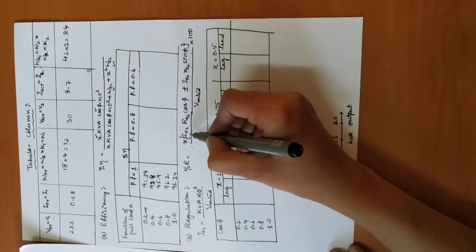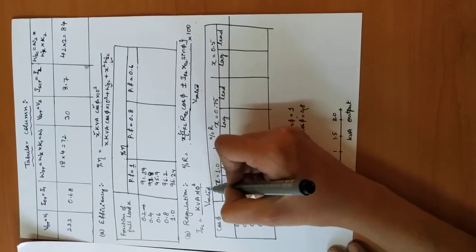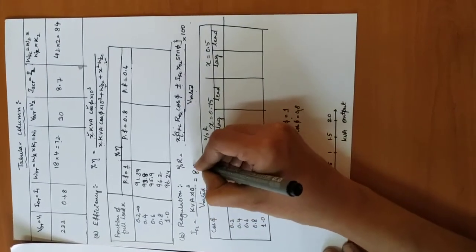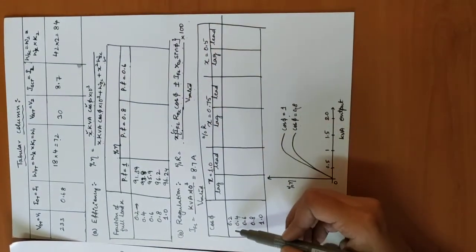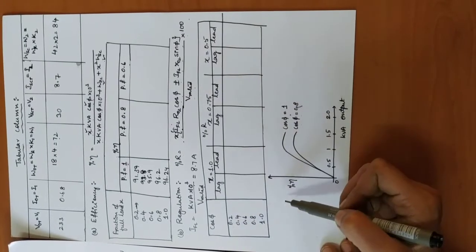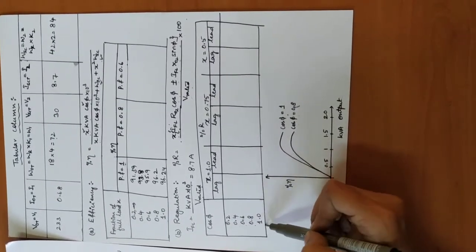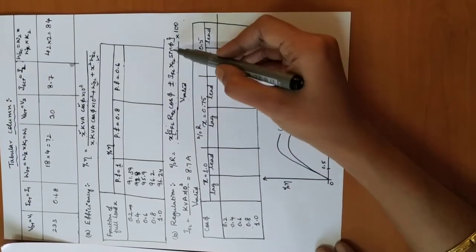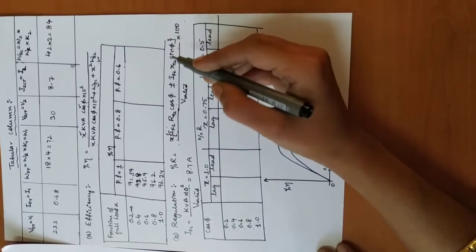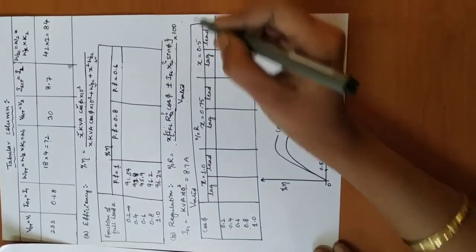IFL is the rated current, as you had calculated in the previous session: kVA into 10 power of 3 divided by V rated, which results in 8.7 amperes. Then cos phi, we are going to take with the different power factors, that is 0.2, 0.4, 0.6, 0.8 and unity power factor. If you know cos phi, you can also obtain sin phi. The challenge is we need to find out the R02 and the X02.